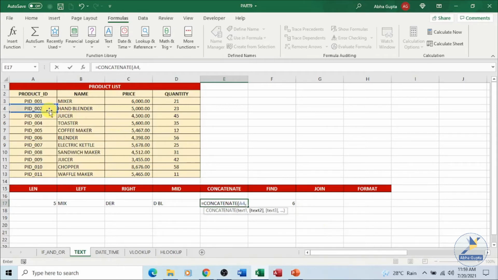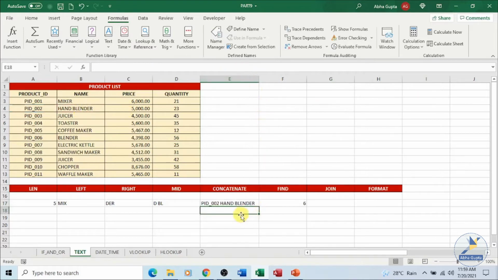I want to place a space between them, and the second text which I want is this one, and close the parenthesis and press the enter key. If I increase over here, you can see the product ID and the product name have been joined together. We have another option of joining 2 strings using the ampersand operator.